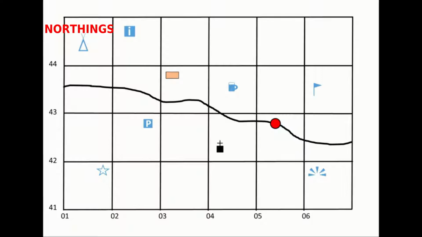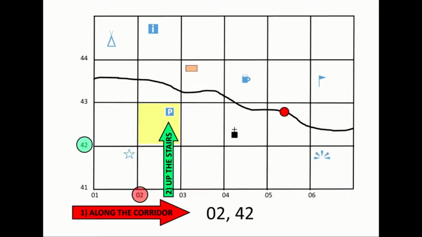Now we are going to learn how to find out the grid reference. Here you can see the shaded region, yellow shaded region with the alphabet P. How to find out the grid reference? First, which is the first eastings line? That is 0, 2. Then we will find out which is the first northings line. Which is the first northings line? That is 42, isn't it?